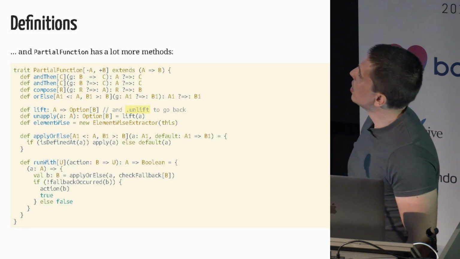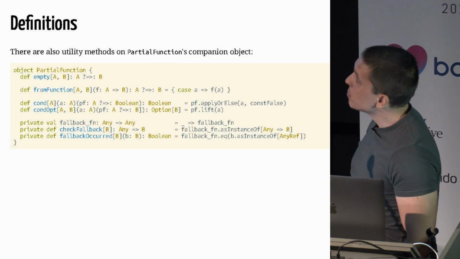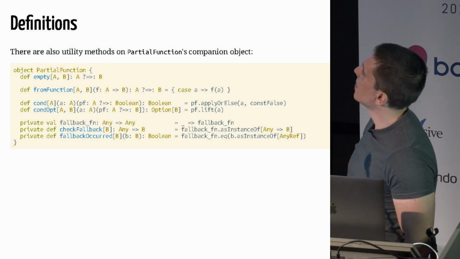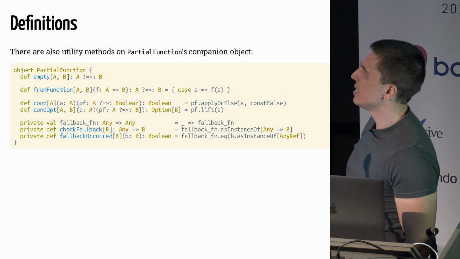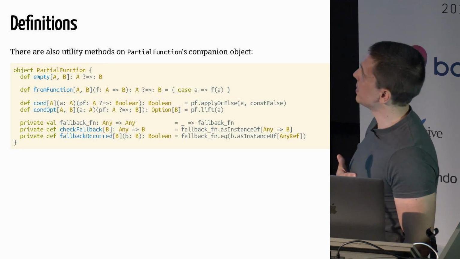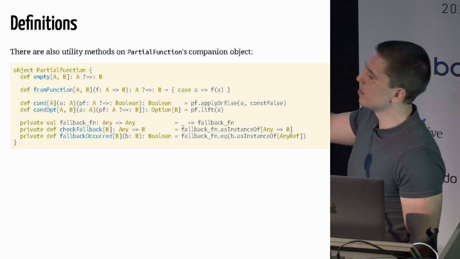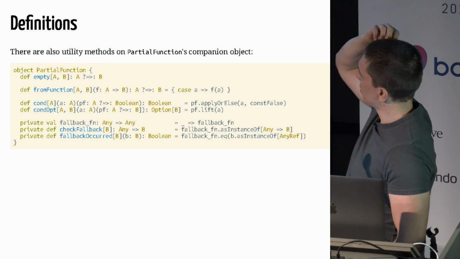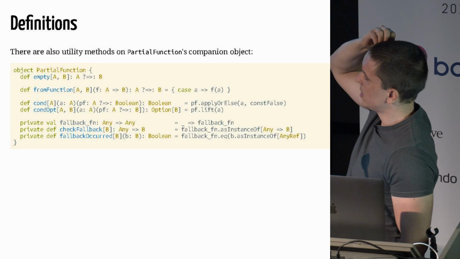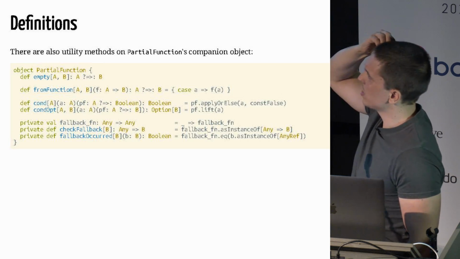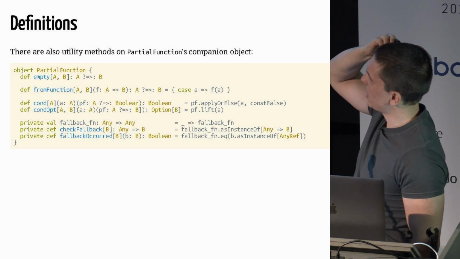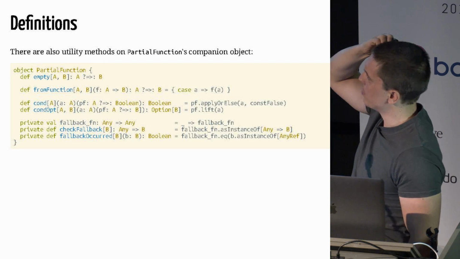There's a couple more on the object of PartialFunction, and these are utilities that are basically not as well known. Some of them are not hugely useful, I found in my experience, but it's good to overview them. fromFunction, I think, is also a 2.13 addition. There wasn't an apply, which sort of didn't do the right thing. It gave the impression that